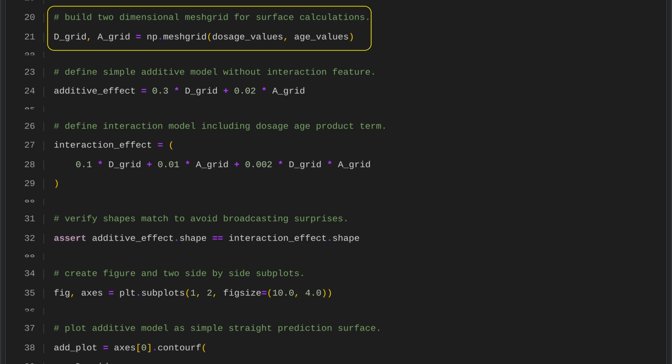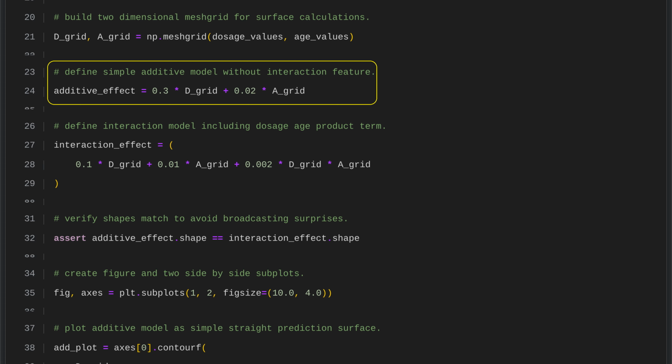interact in our models. We use a simple additive model that treats dosage and age as independent effects. The model computes the overall effect by taking 0.3 times the dosage grid and adding 0.02 times the age grid. In other words, it assumes that dosage and age each contribute separately, and their contributions just add together without interacting